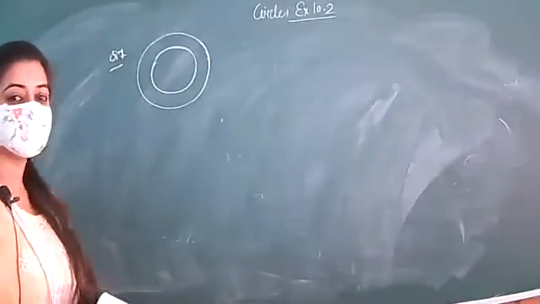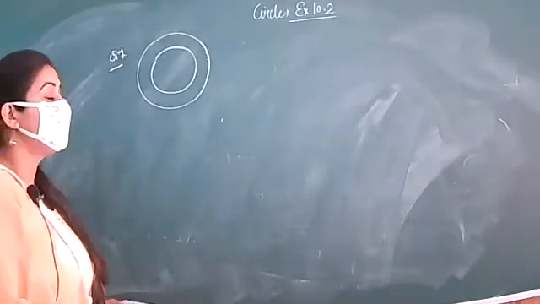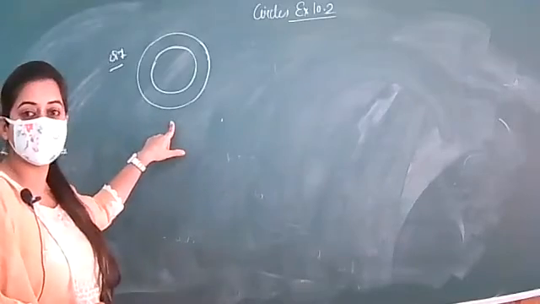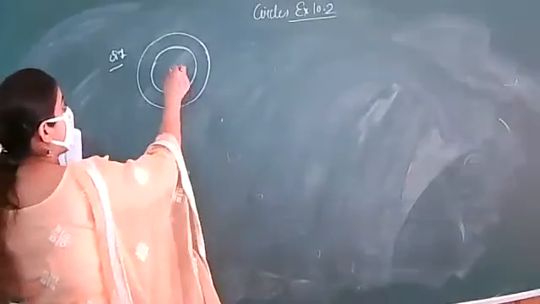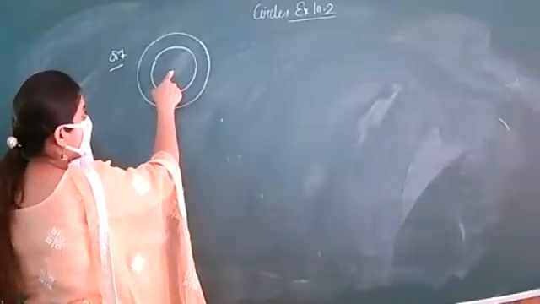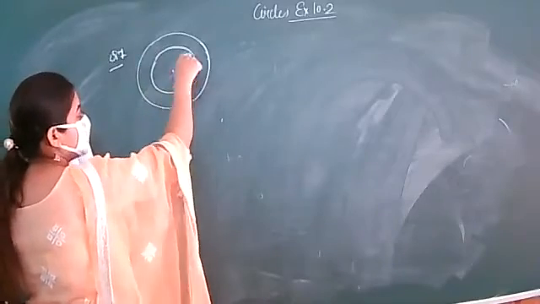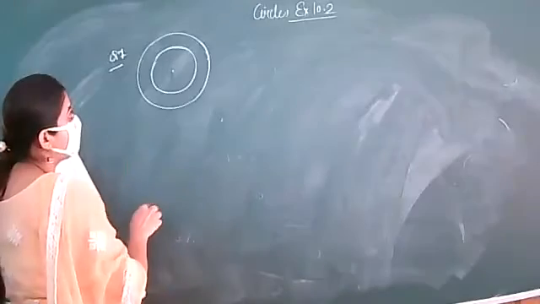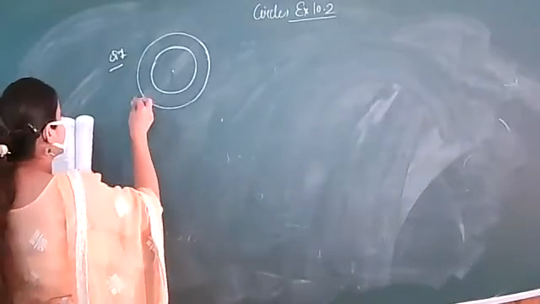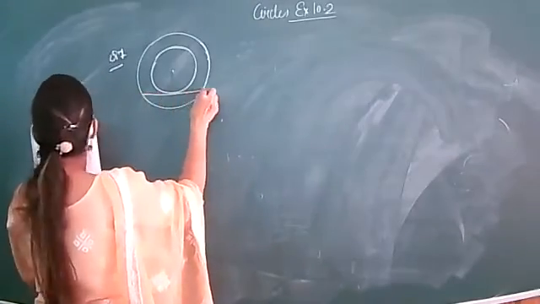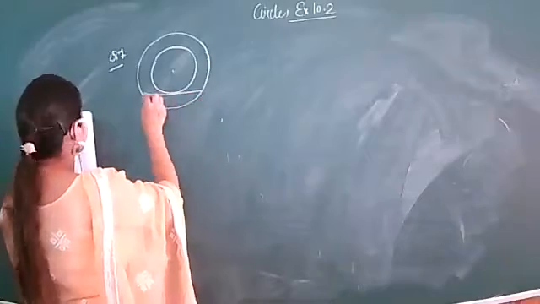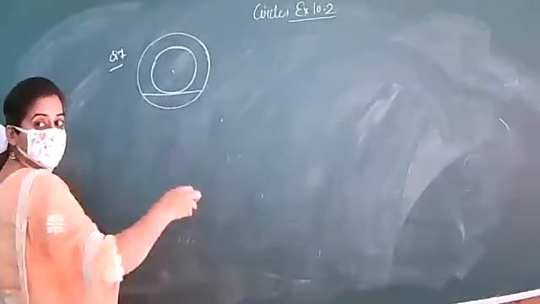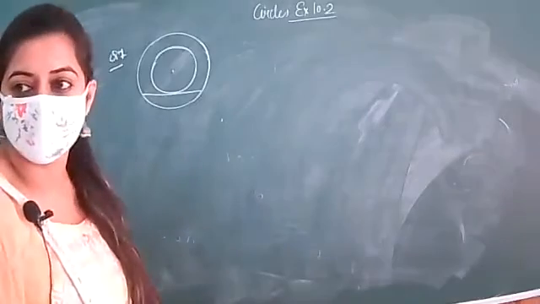Now, beta, let's start with the next question, question number 7. In question number 7, you have given two concentric circles. Concentric circles are the circles which share the common center. Means from this common center, firstly, you have drawn the circle of radius 3 centimeter. Then from this same center again, you have drawn the circle of 5 centimeter. And in this circle, you have given a line. This line is a tangent for the small circle, but it is a chord for the bigger circle as it is given in the question.